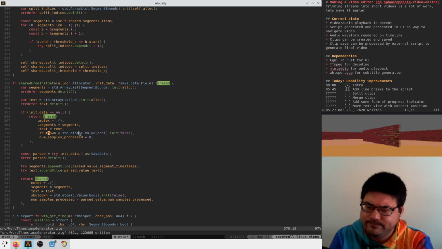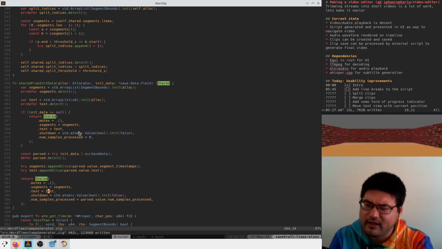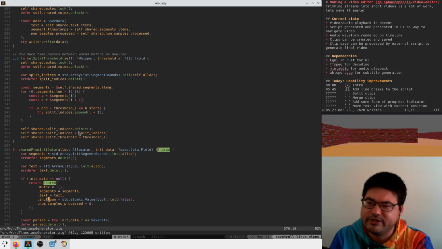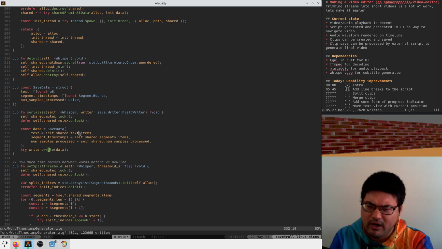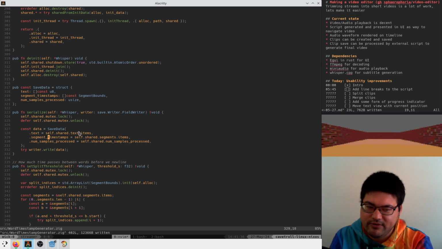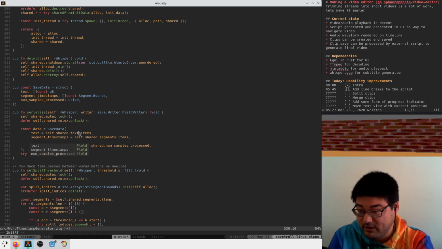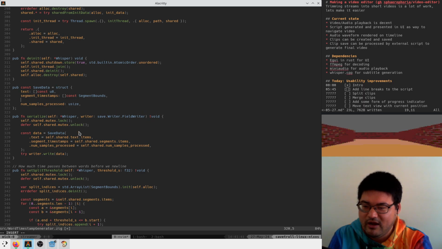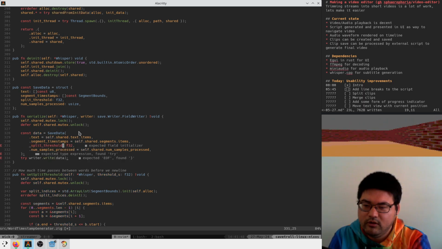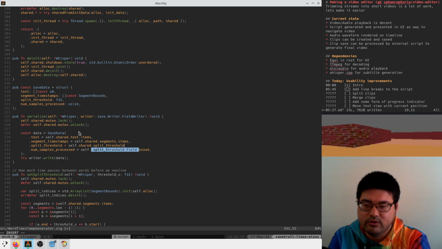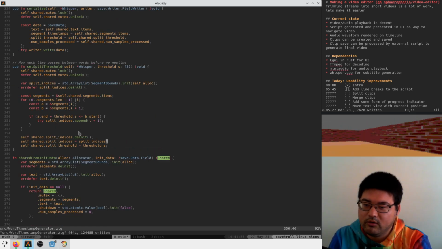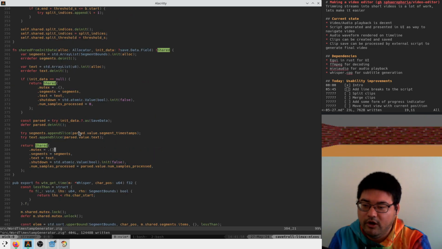Okay. And then I guess it makes sense for us to write down the split threshold when we save the file, right? Because if we pick a threshold and then save and close and open the project, we want the same thing back. So our save data should have a split threshold. That's an F32. And then we just slap that in here. Split threshold, yep. And then when we recreate this from init data,